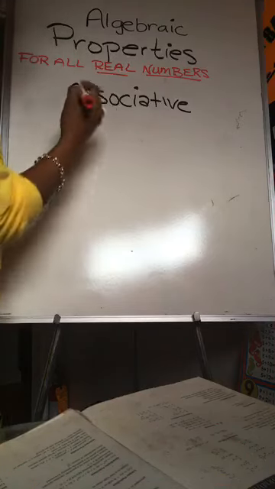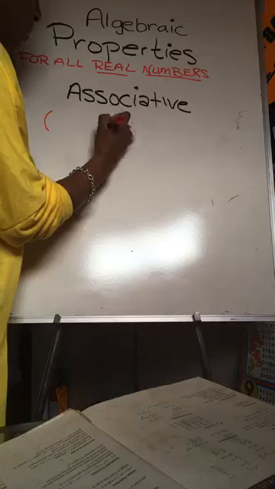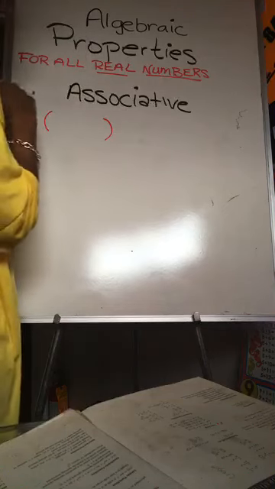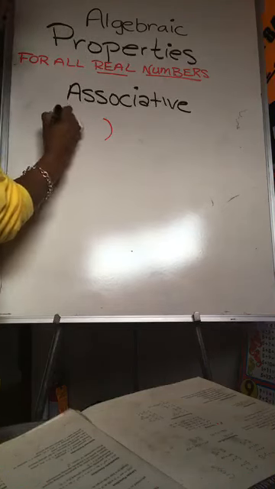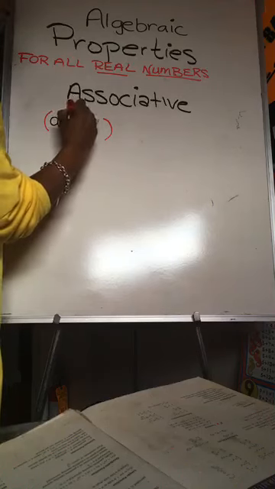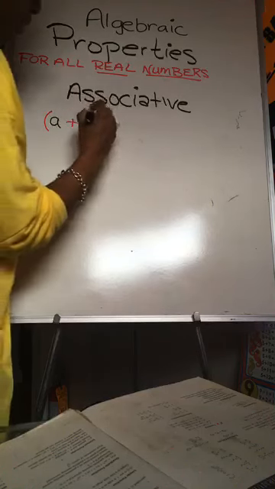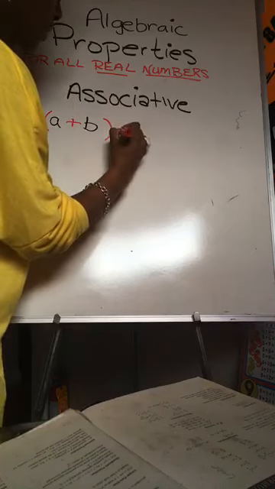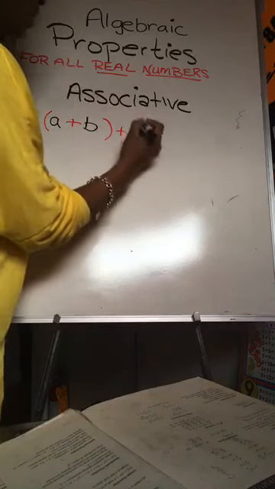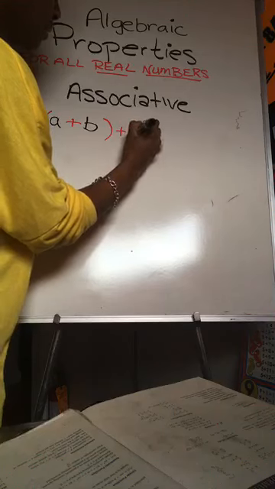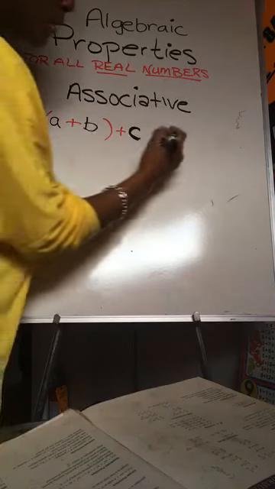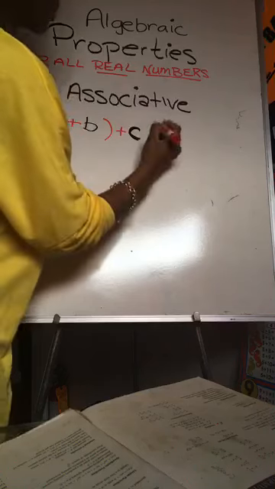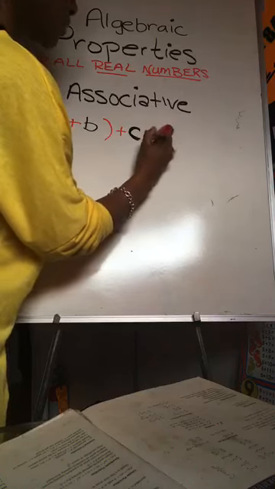The associative property says, let me just set it up for you. A plus B plus C, okay, equals